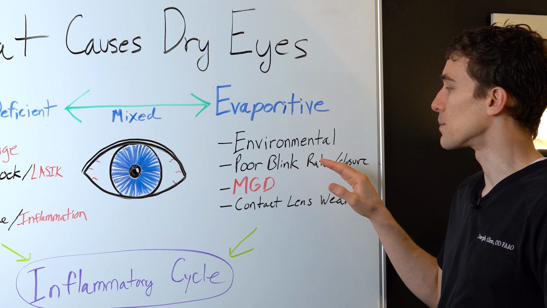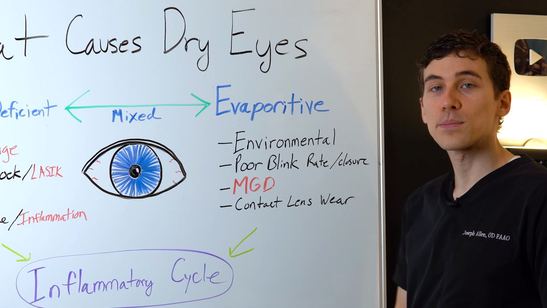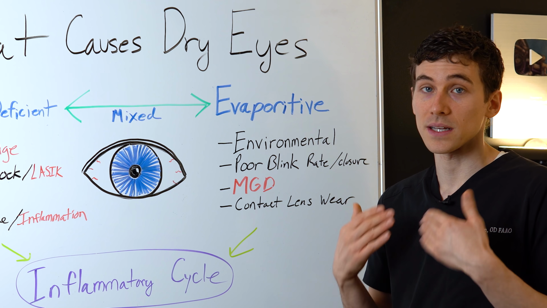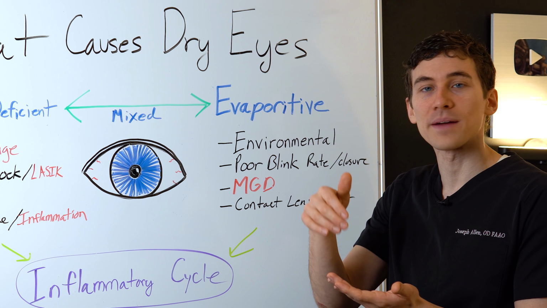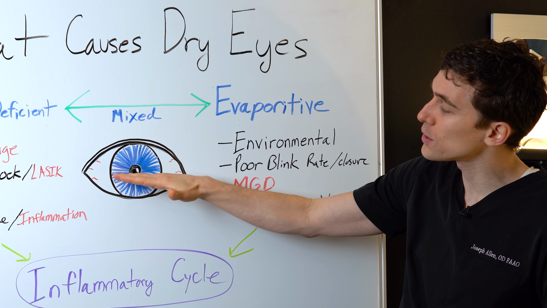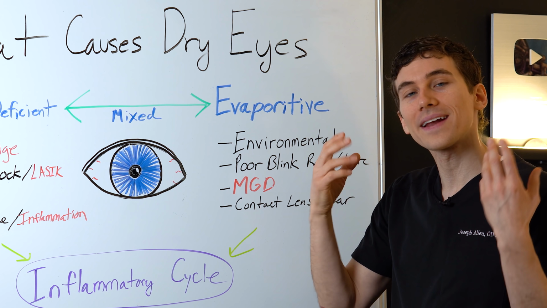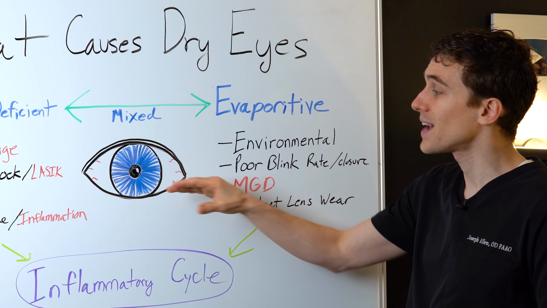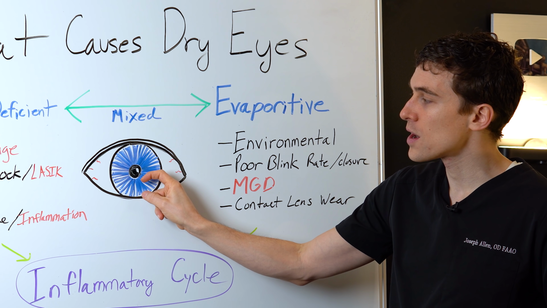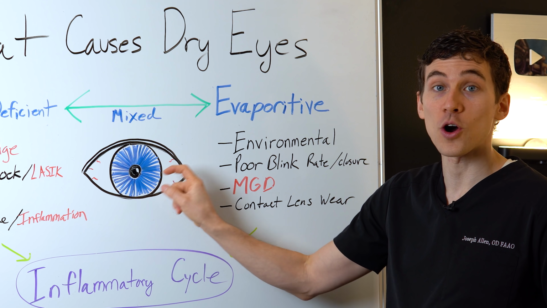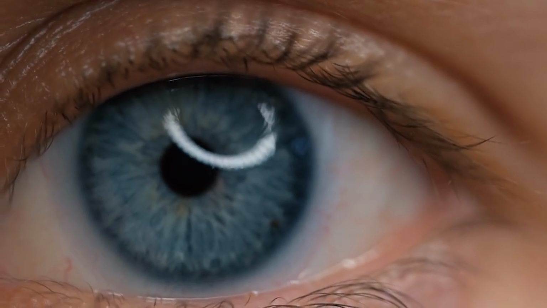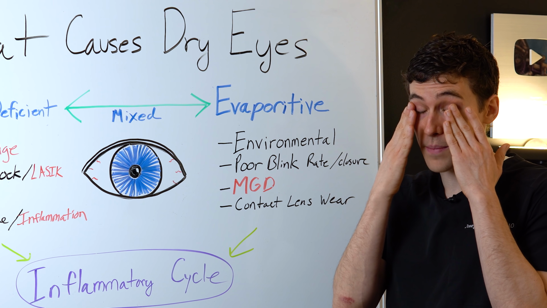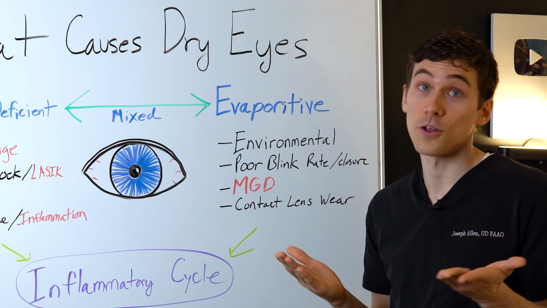In addition to just a poor blink rate, oftentimes people don't close their eyes completely. Like myself, I only kind of half blink. I blink enough where my eyelid comes just below my pupil here, so my brain thinks that I've closed my eyes, but in fact, I've left about 1/3 to 1/2 of my entire eye open, and that's always exposed to air, so the tear film is constantly evaporating very quickly, and I need to remind myself to close my eyes all the way when I blink.